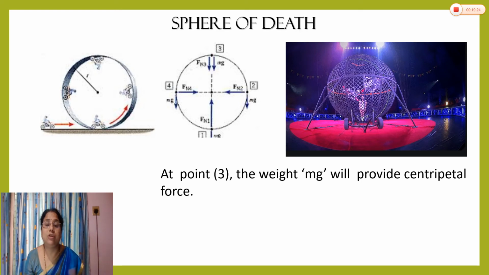The gravity, what is the function of gravity? The function of gravity is always to pull every object towards it. But here in this show, you will observe that the rider and its vehicle will not fall at the uppermost point also. Why is that? असं का होतं? Because there the dynamics used is same as that of the vertical circular motion.